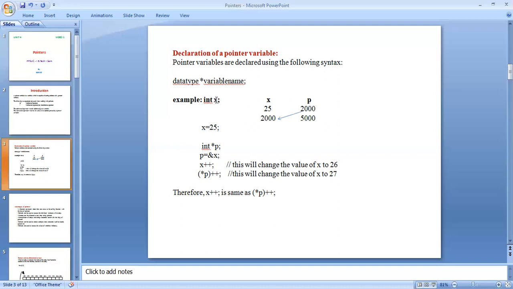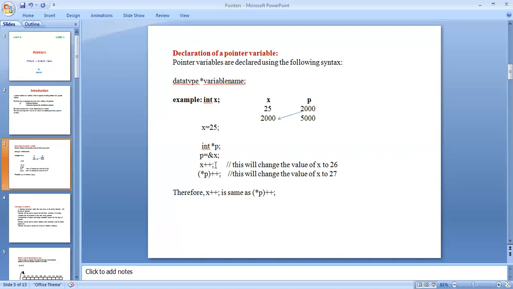The variable name is x. I am giving int x = 25; and then int *p; this is the symbol of a pointer. Then p = &x;